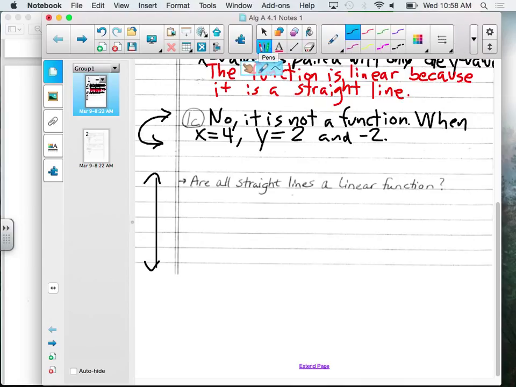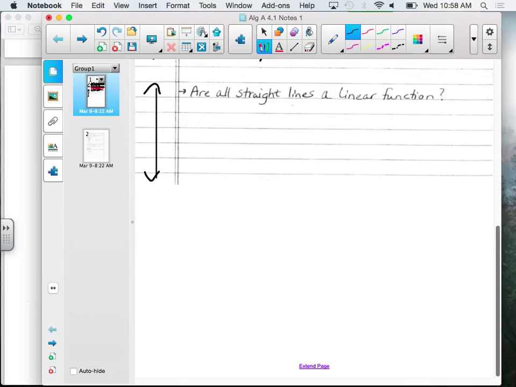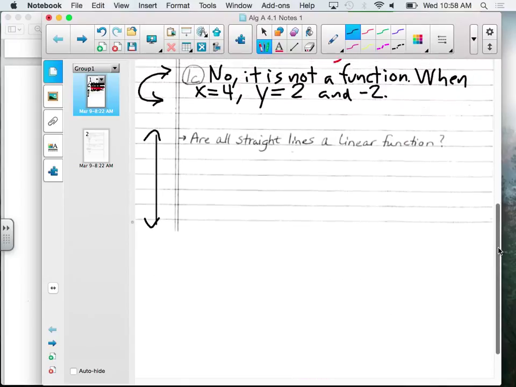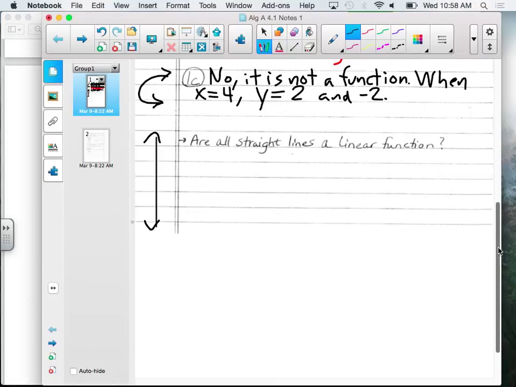Because say your x value, your line is on 2. Well, when x equals 2, it can equal -1 and -2, or it can equal +1 or +2. Exactly, so Cody's right. The answer would be no. The reason is because a vertical line